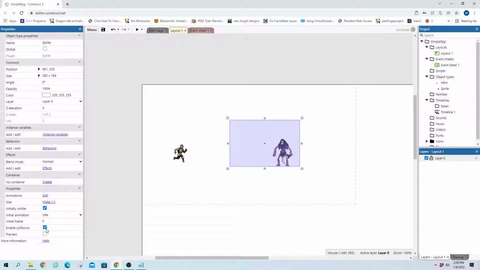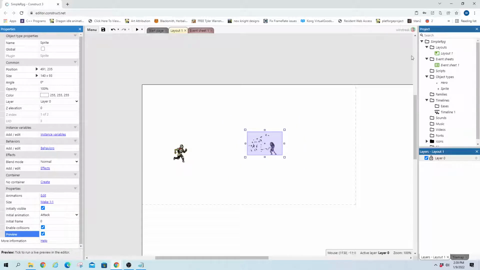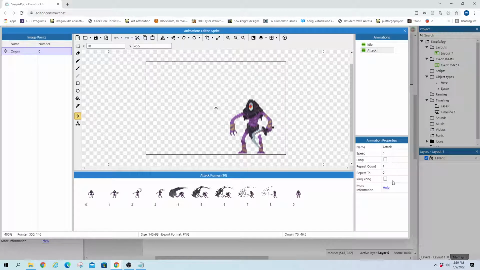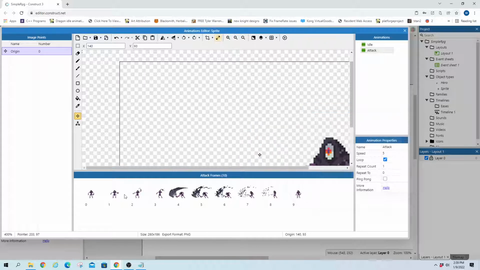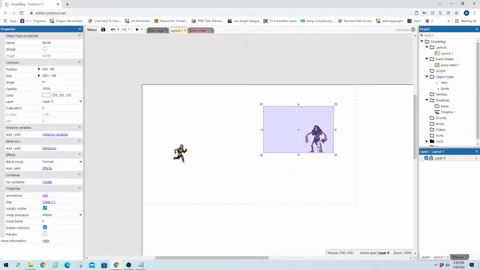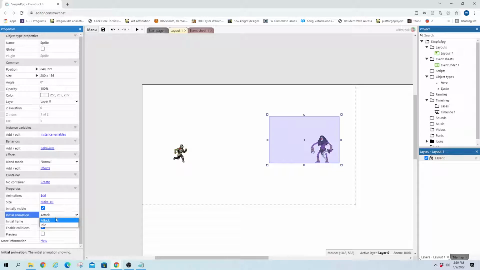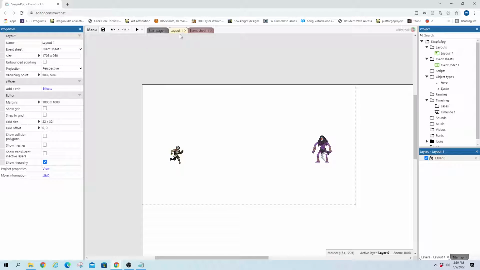And then again, we can click on that, switch on over to attack and preview it here. Looks cool, but we notice that it's not looping, so we fix that, and that it's also small. So 280, and we have it on keep aspect ratio, which I didn't go over earlier, but that's going to affect the height the same amount that it affects the width. And also we have it to apply to the whole animation, which means we're going to hit each one of these with the same edits. So he is set up, and we're going to start him initially on idle, start him initially on run, and